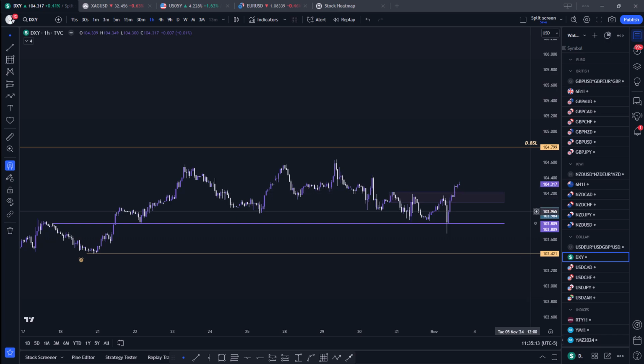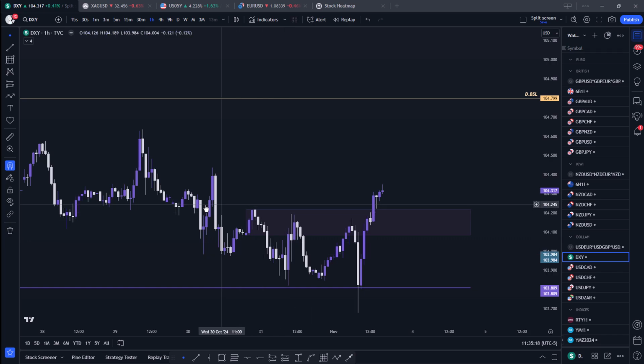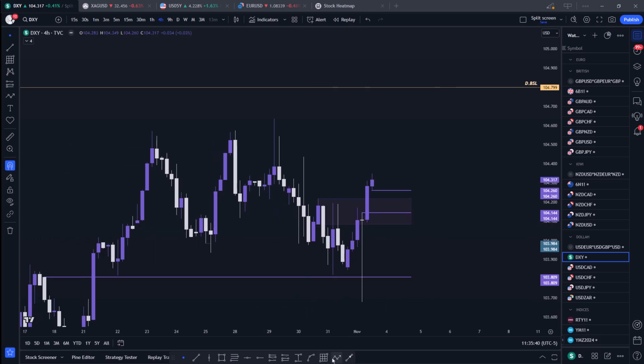On the hourly, we can actually see that a little bit clearer. We can see that we have accumulated here, manipulated during NFP, immediately rejected away from it. So we could just see a retest of this general area, then a continuation higher. When we go to the 4-hour time frame, we can also see that area is aligned with a fair value gap. So I would not be surprised if we retrace down to this fair value gap on the 4-hour, then continue from here. So this is my very short view on DXY.